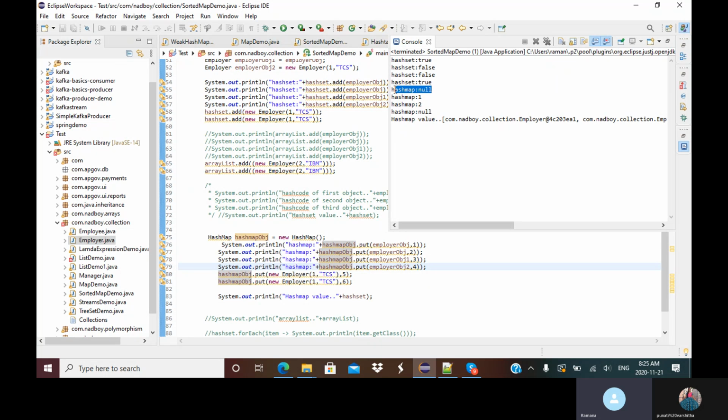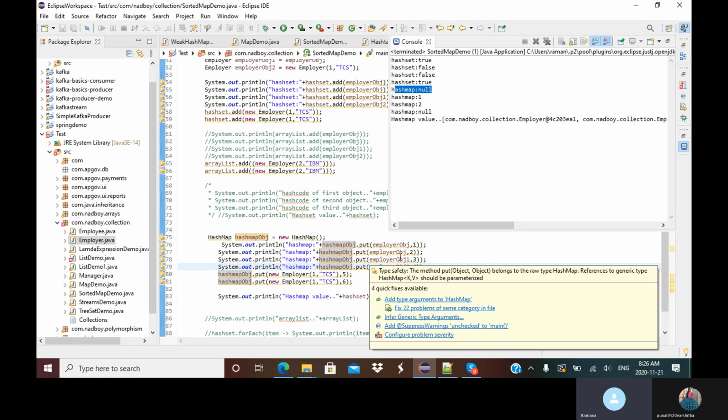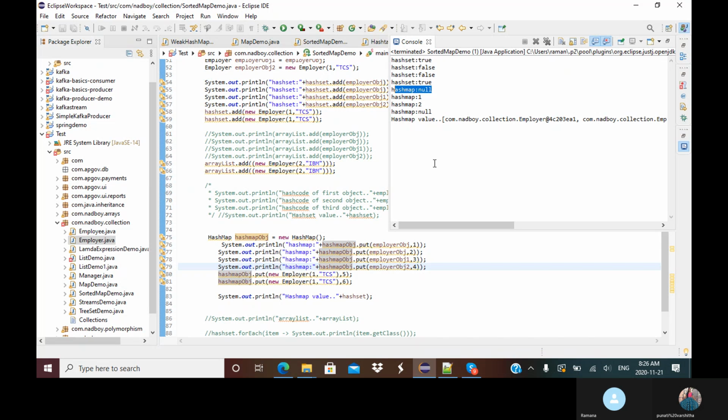It will return null. And the second time, since that object is there, the same object is there,